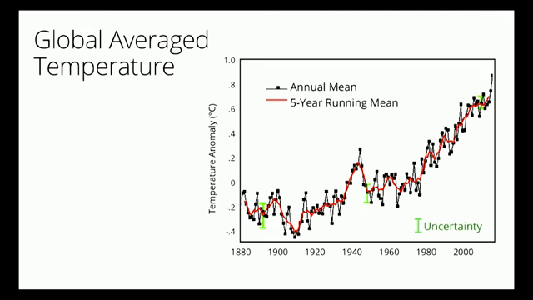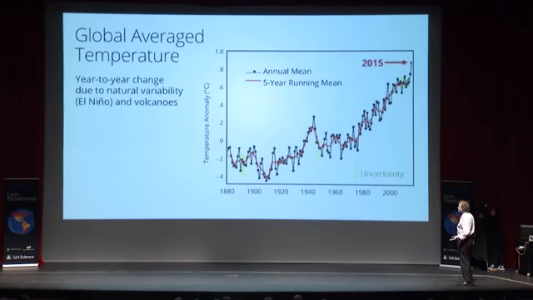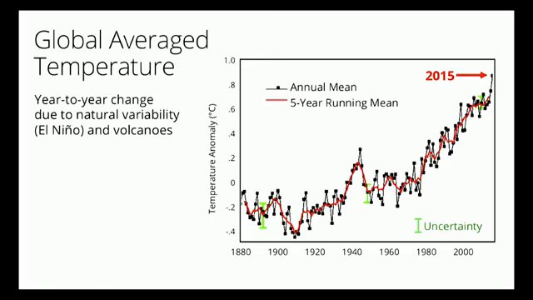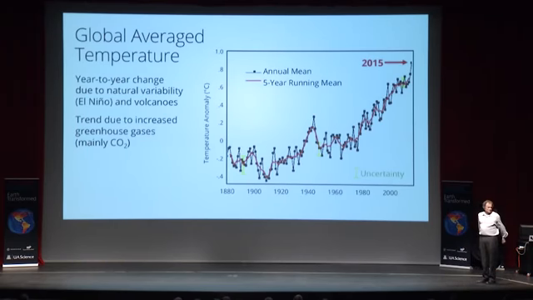This is the uncertainty in the measurement. So this difference here is not the fact that we don't measure temperature well. We measure it quite well. The up and down is due to year-to-year changes, like El Niño makes the world about 1/10 of a degree warmer for a year, and then it gets colder again. And then there are volcanoes that go off that put aerosols in the atmosphere that scatter sunlight and make it a little bit cooler for a year or two. But overall, this trend here is only explainable due to the increase in carbon dioxide, and it's exactly consistent with what we expect when you increase carbon dioxide the way we've increased it.